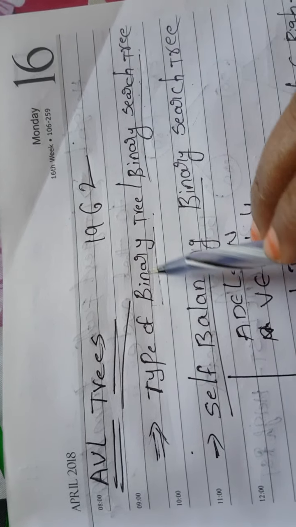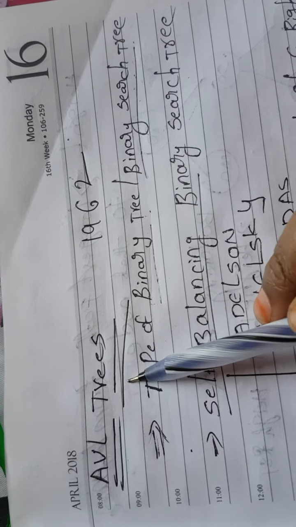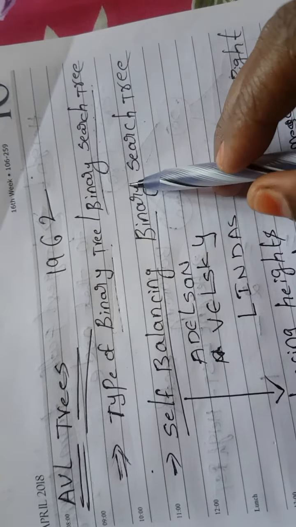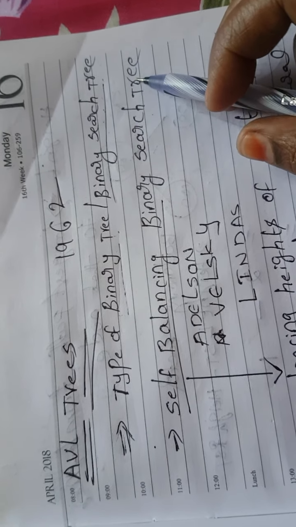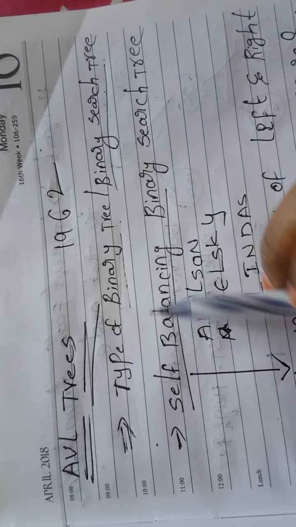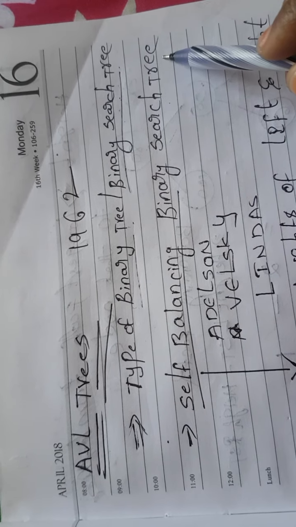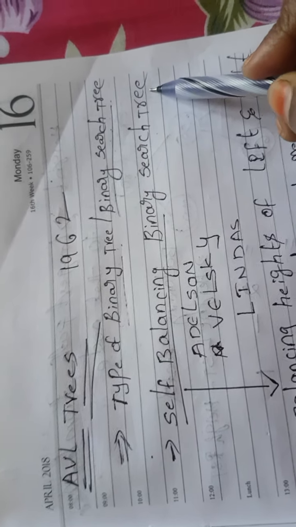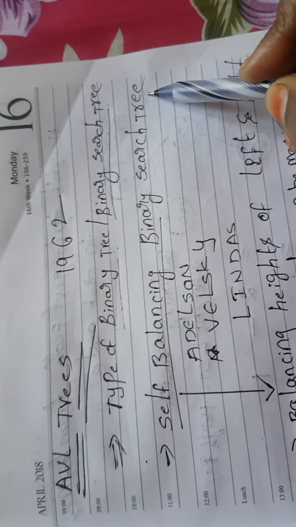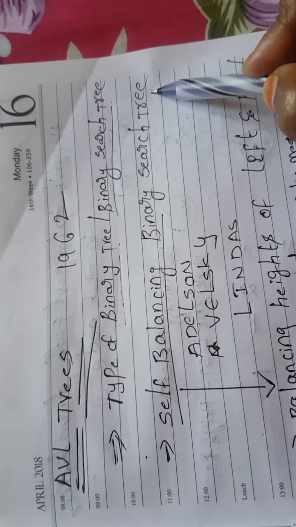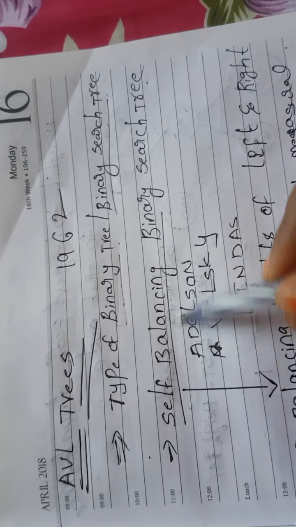So these two conditions are satisfied in AVL trees. Then it is a self-balanced binary search tree. AVL trees are self-balancing binary search trees. Before discussing self-balancing,